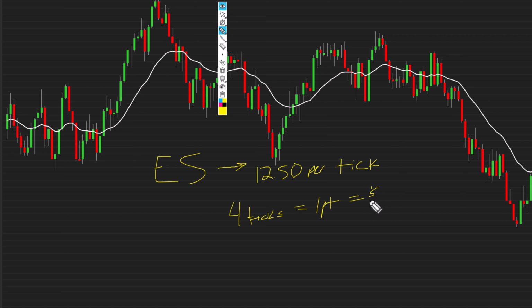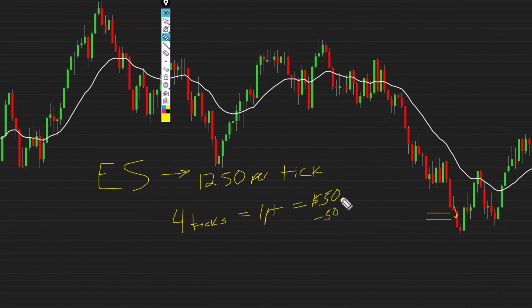So that means 1 point, if prices go 1 point in your favor, you make $50. If it goes 1 point against you, you lose $50, all right? So it's a per point situation. Now, I just want to show you here, I put these lines on my chart here just to illustrate this, so I can show you what 1 point is. From here, say we're going down, to there is 1 point, okay? So the beauty of futures is that the distance that you have to travel to make $50